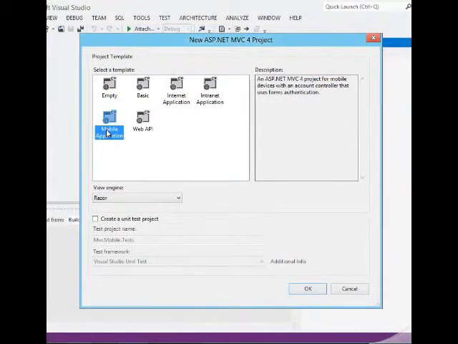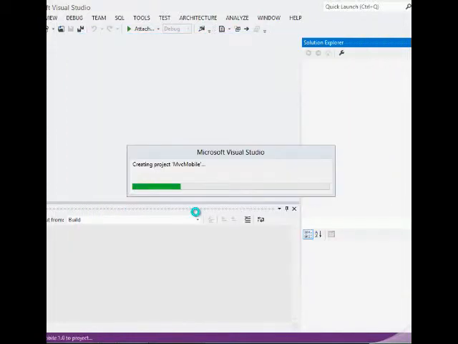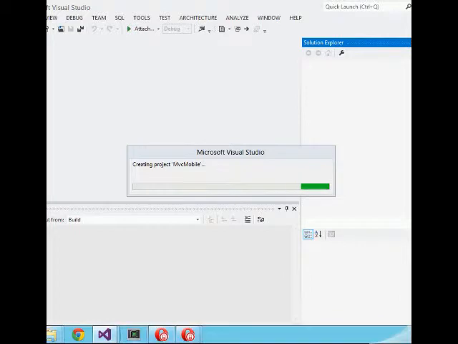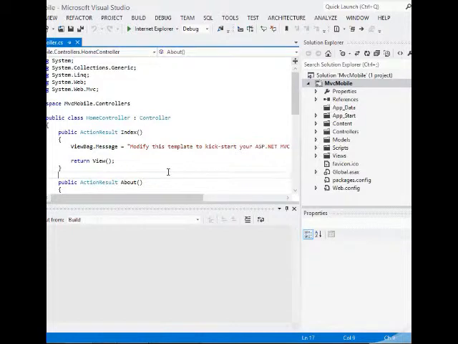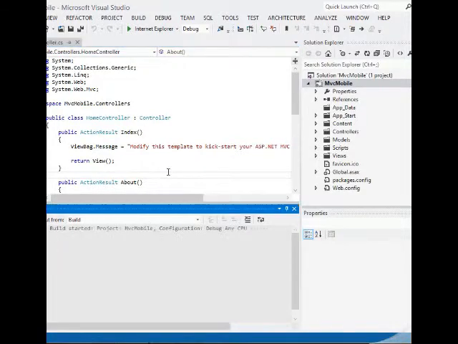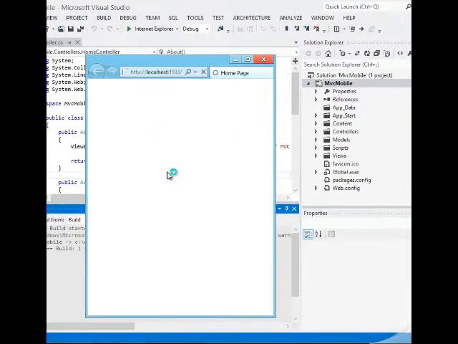In Visual Studio, let's go ahead and create a mobile MVC4 application so we can see what it looks like. And while the Solution Explorer is getting ready, let me show you what an internet application looks like when you do File New Project. This is the content that you get by default. Now our mobile application is ready. Let me go ahead and hit Control F5 to run that, and we can compare these two